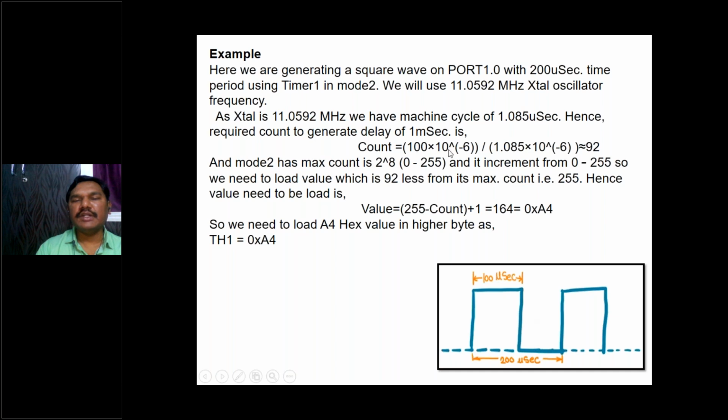Then here 200 into 10 power minus 6 by 1.085 into 10 power minus 6 is equal to 184. So 255 minus 184 plus 1 will give some hexadecimal value, and that will be set. This operation will be performed internally through the software programming.